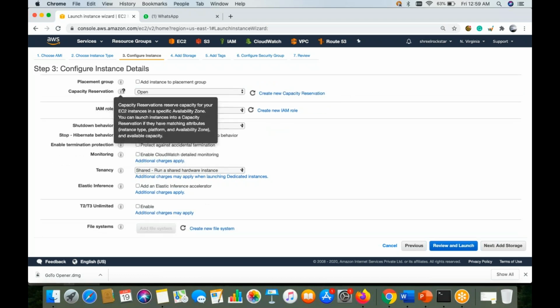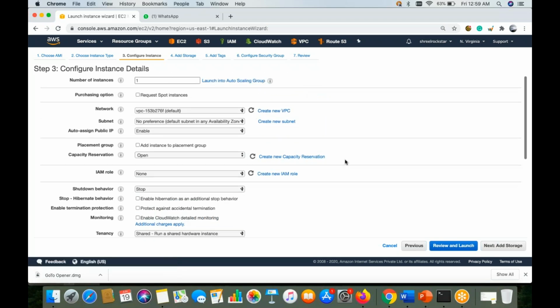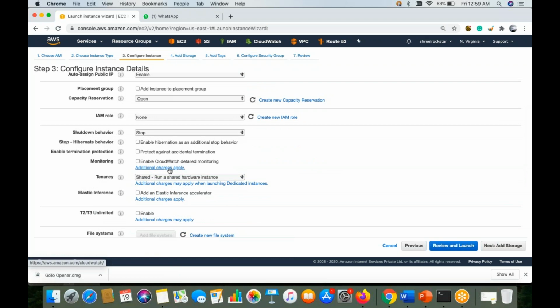So there is a capacity reservation. Capacity reservation is a very good option where you can reserve your capacity in AWS in a specific availability zone, right? Also please note down one thing: there are chances of additional charges.